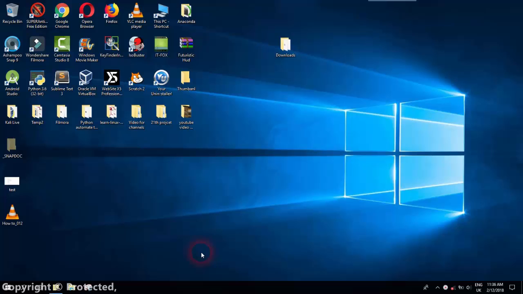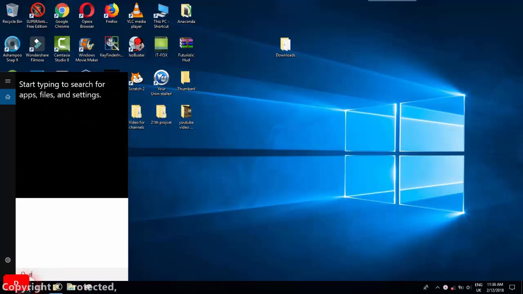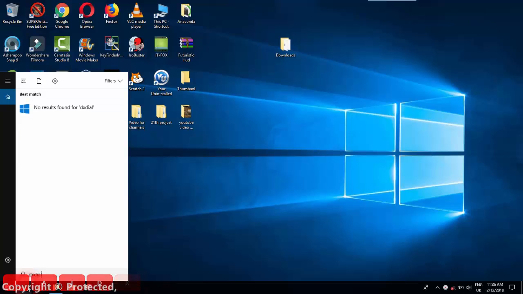Today guys I'm going to show you how you can check how big is the RAM of your computer or how many giga you have in the RAM of your computer. If you have Windows 8, Windows 10 or Windows 7 they all work the same, so we will have to go to your search tab and you type dxdiag